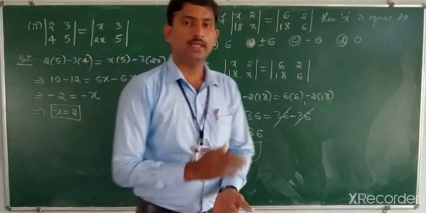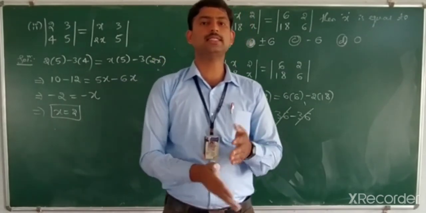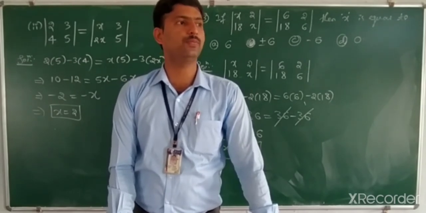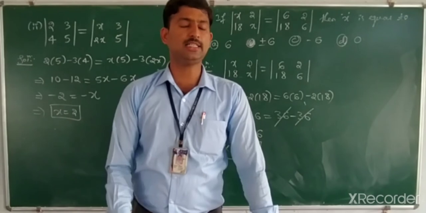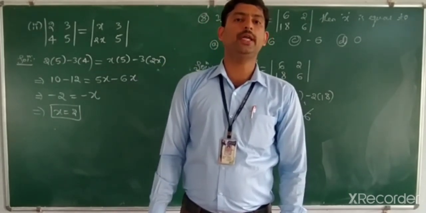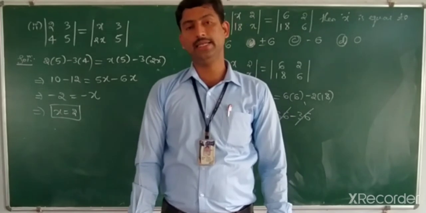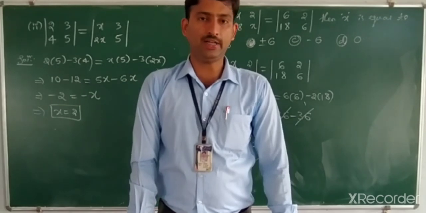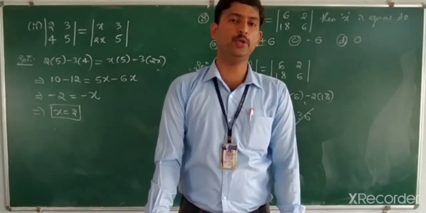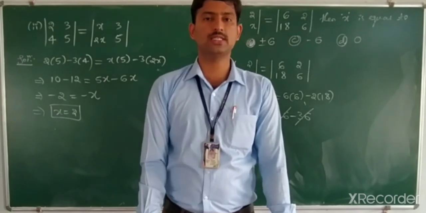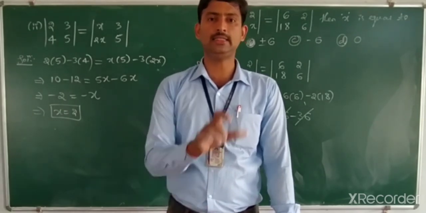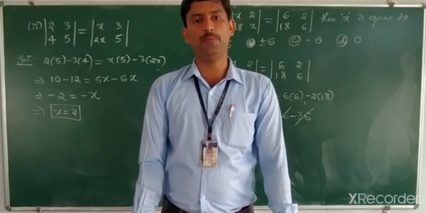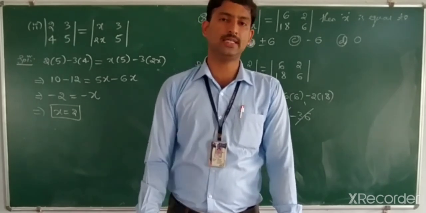Dear students, let's stop the class, because we have solved the first exercise, that is 4.1. We are clear. In the next class, you are going to take one of the important concepts, that is area of a triangle, because the properties of determinants will be there in your textbook, but that portion will be deleted by the PU board. Therefore, I move towards one of the important concepts under determinants, that is area of a triangle. That is very important for knowledge purpose as well as competitive exams and our board exam purpose. Thank you.